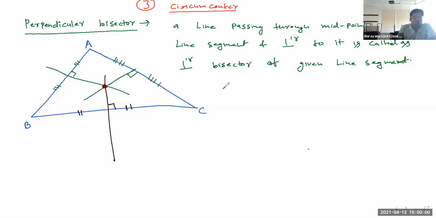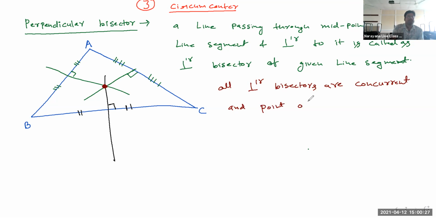So you can say all perpendicular bisectors are concurrent. They are concurrent. So all perpendicular bisectors are concurrent, first of all. And the point of concurrency of perpendicular bisectors